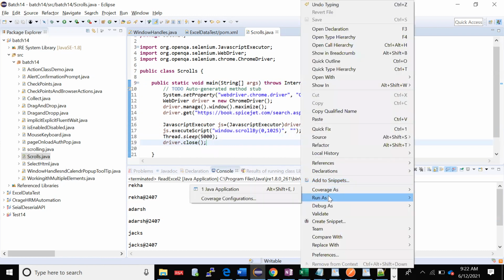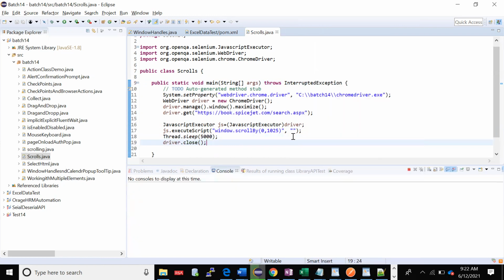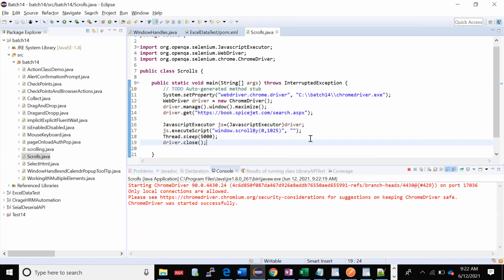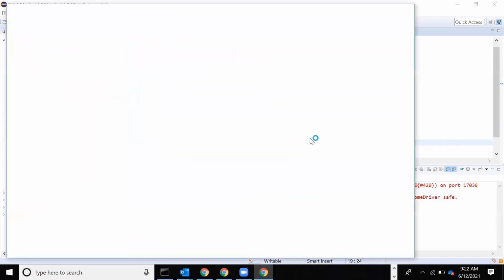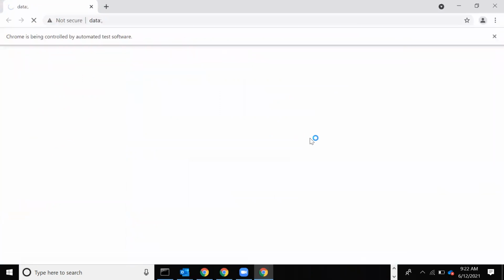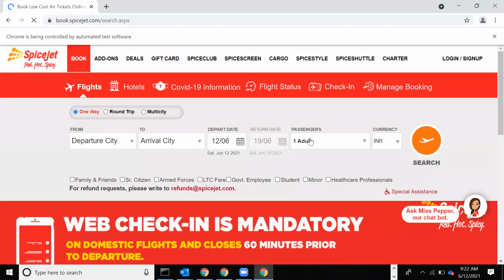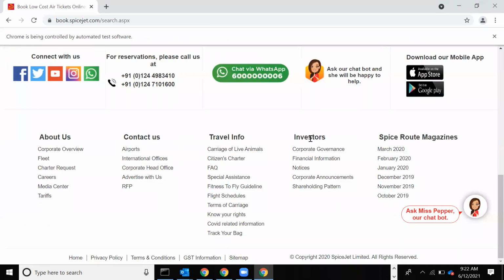So now we'll see if it works, or if it has an issue. Launching the browser, maximizing. Okay. See, it is scrolling.